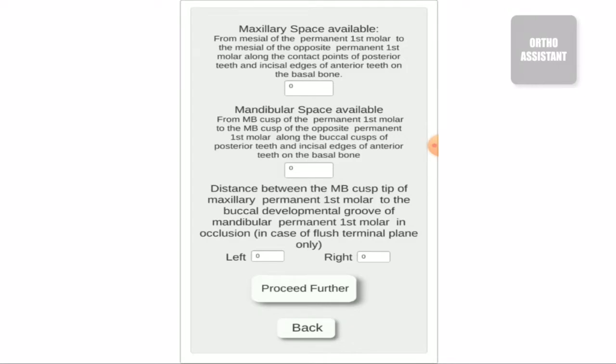If you want to hold the leeway space, you can enter the exact value. And if you do not want to include it, you want to go for the traditional way, you can leave it as such or enter 00. So now proceed further.